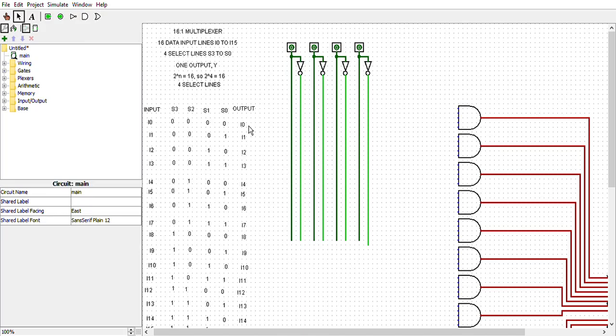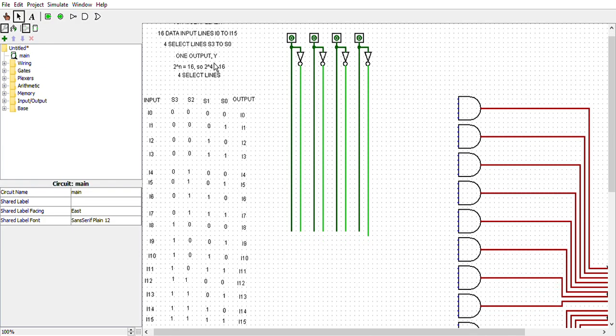The 16 to 1 multiplexer has 16 data input lines labeled I0 to I15. It has 4 select lines labeled S3 to S0, and it has one output line, which is Y. The select lines determine which one of the 16 inputs is routed to the output. In general, for 2 to the power n inputs, you need n select lines. Since 2 to the power 4 is equal to 16, we need 4 select lines to